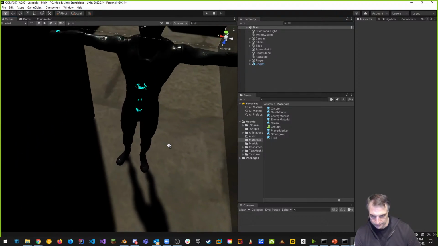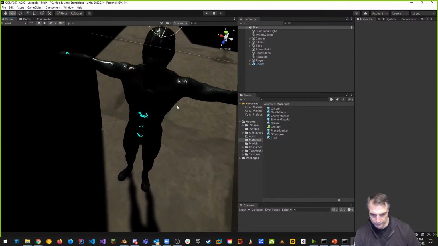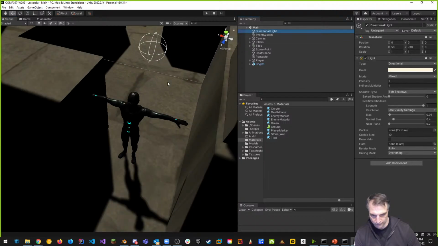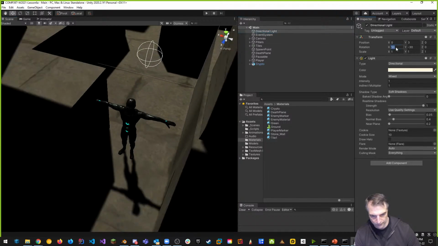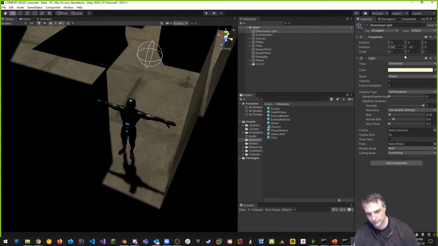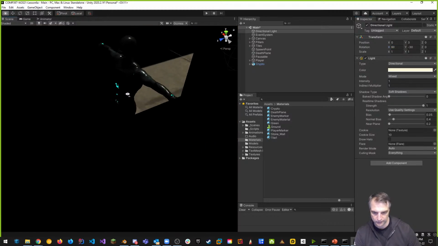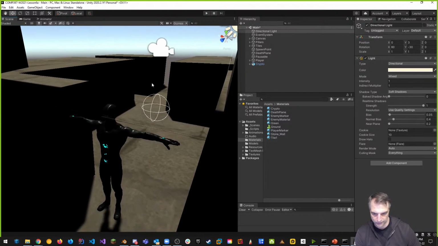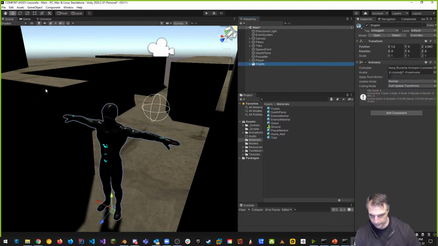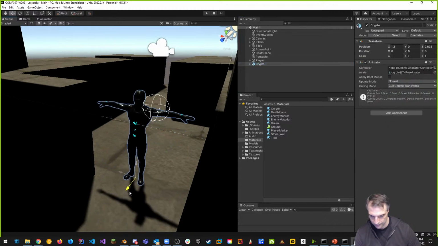But for now, let's put him in the sunlight, in the light. And I'm just going to modify the directional light in the scene because right now the directional light in the scene is 50 degrees. Let's make it so that it is higher up. So make it at 60. Now let's pull Mr. Crypto back a little bit so we can see his face in full glory. So what I'm going to do is I'm going to take Crypto. So click on Crypto, move him back, and then